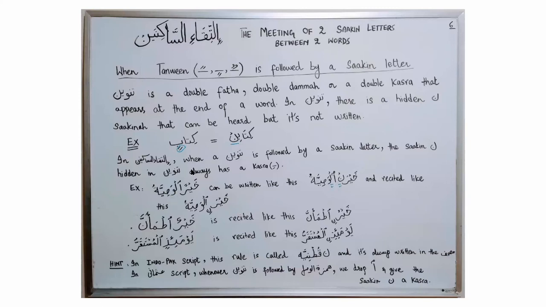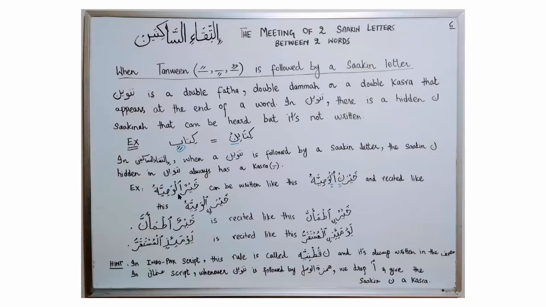If you see in this example, khayrun, and then the next word is al-wasiyatu. So letter ra has a fathatain. If you write this word like this, you can see the letter noon is hidden in this khayrun. And we will recite it khayrun al-wasiyatu. In this case, khayrun al-wasiyatu. Both of them are exactly the same. The only difference is in this case, you can see letter noon written in front of you. In this case, the letter noon is hidden in tanween. In the Quran, you will see tanween like this.